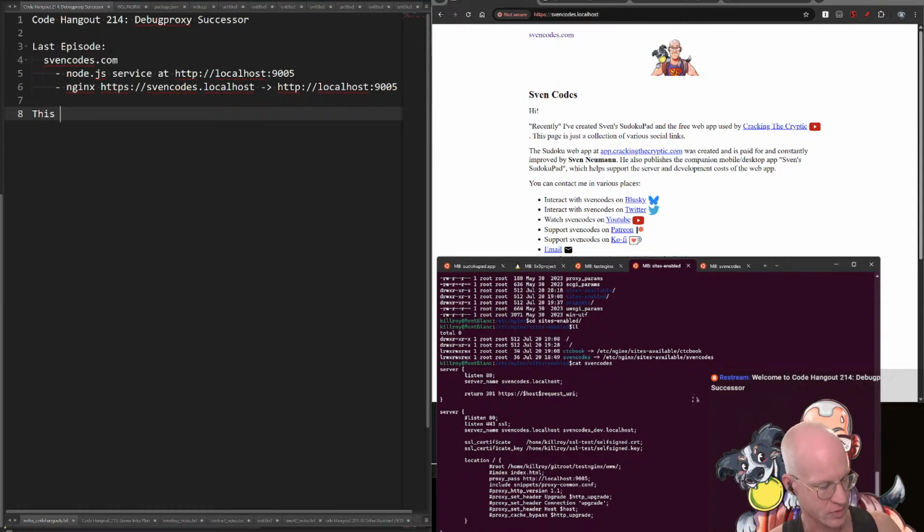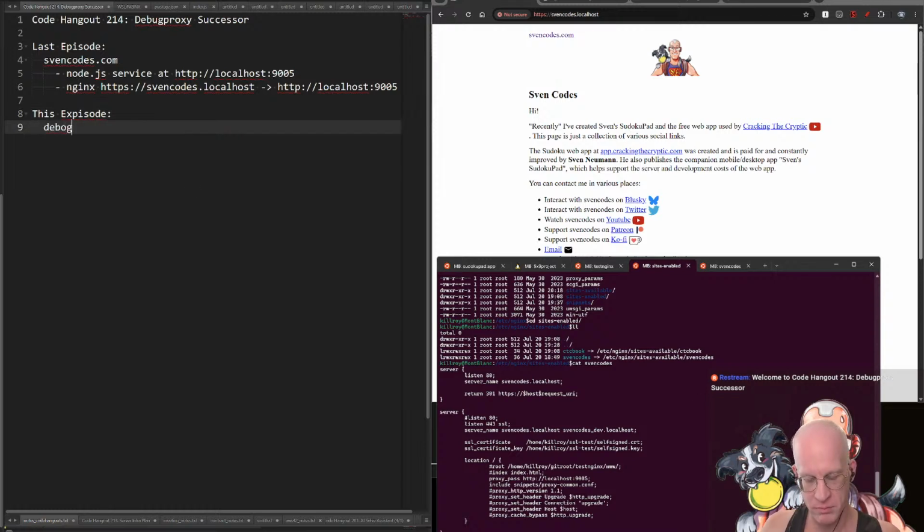Like receiving things on different domain names and routing them to the right internal service, and do a few things such as auto redirects from HTTP to HTTPS and a couple of aliasing and things like that. Basically the sort of thing that exactly Nginx and Apache are designed for. So in this episode, we're gonna do debug proxy